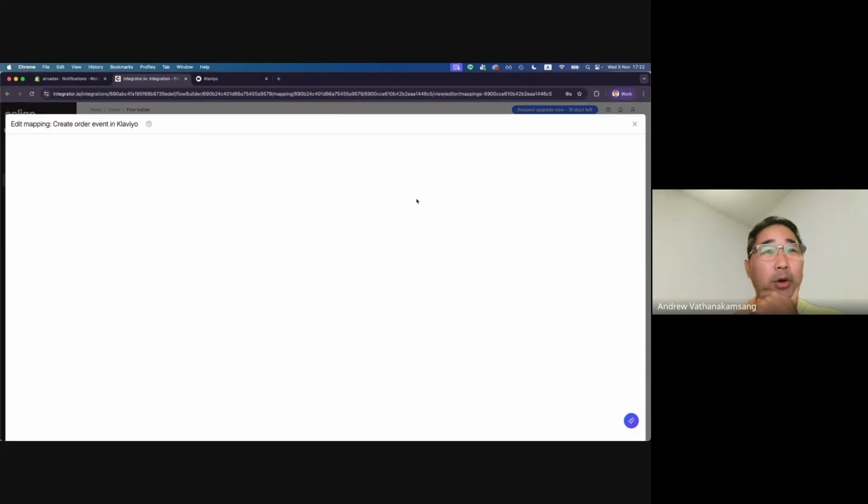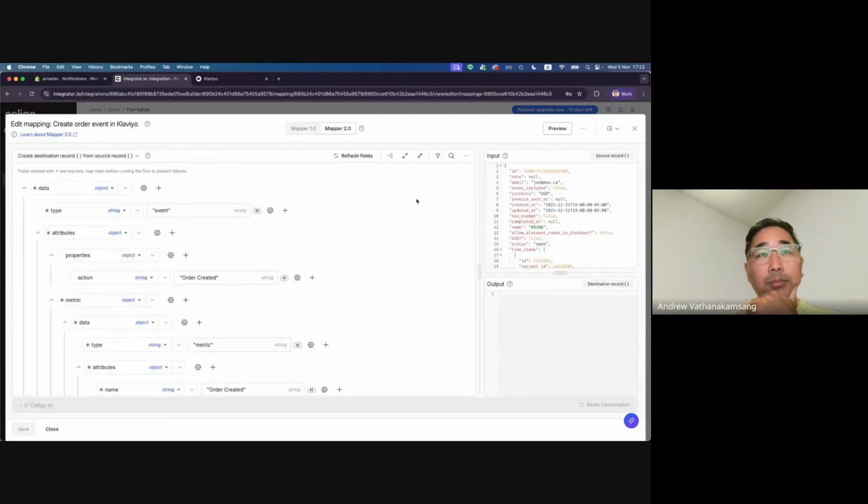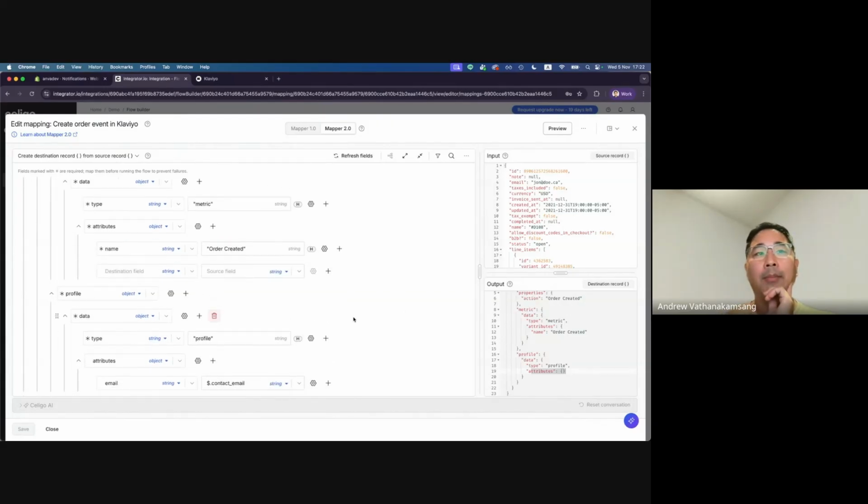Like what I said earlier, we'll need to map the data from one source to the destination. So let's just take a look at what it currently looks like right now. I think for this, it's just something for Klaviyo. An attribute that needs to be added would be like an identifier for that profile, whether it be like an email or